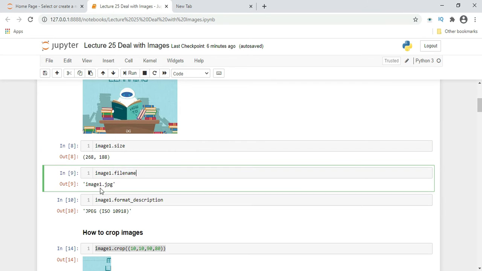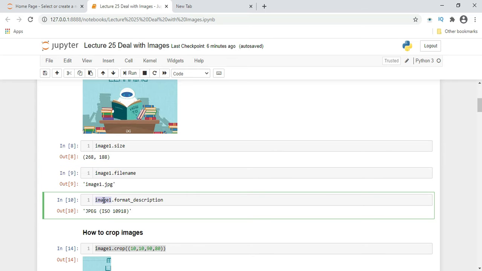It will give you the file name, image1.jpg, and it will give you the format of that image. You want to see the description, so variable name dot format_description, and it will give you the description: JPEG, ISO 10918. So here we just saw how to take an image from the local system and display it in a Jupyter notebook.